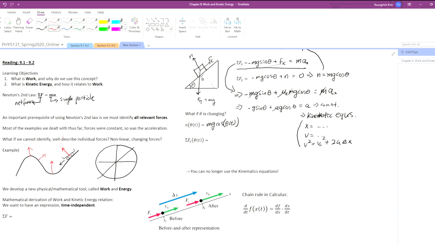And again, we cannot simply set up the sum of forces and use a kinematics equation to solve it because, first of all, acceleration will not be constant, and other forces will also have non-constant components. Solving a problem like this is not particularly rocket science, right? It's not too difficult, but simply using Newton's law, we might run into unnecessary obstacles to solve this. So we're going to develop a new tool dealing with situations where the forces involved may not be constant